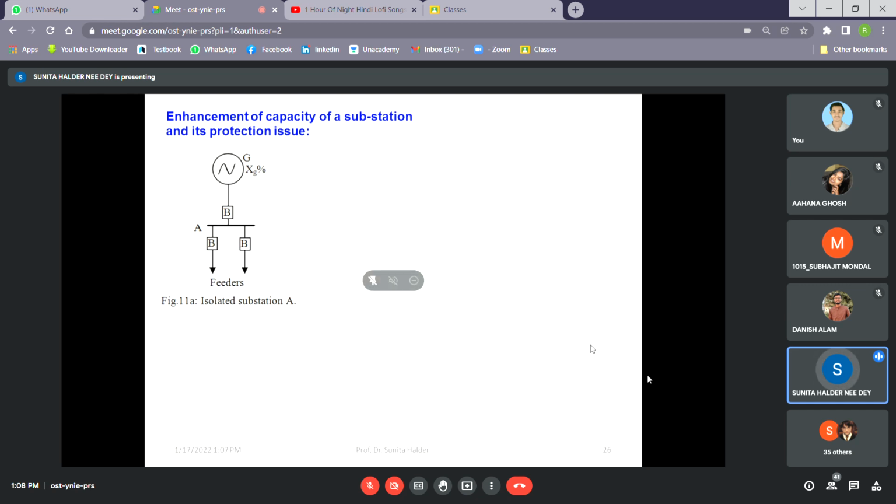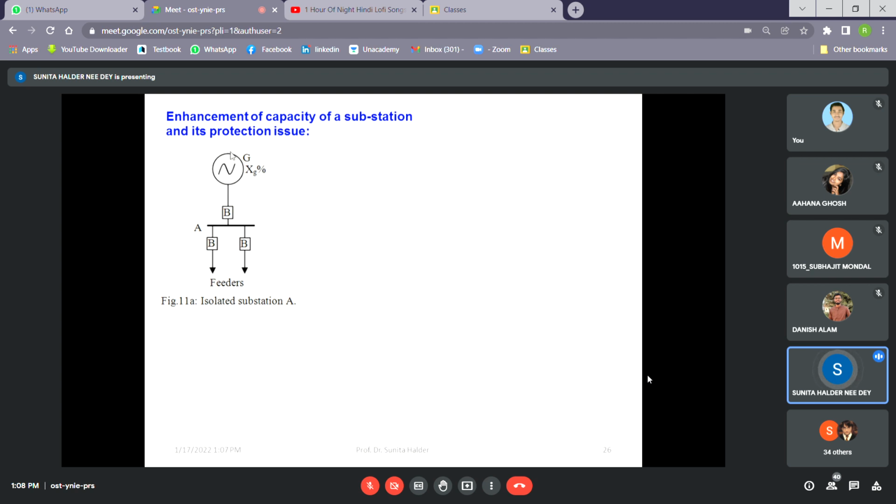Consumers. So the substation gets some incoming power. Maybe it has a generation, or it is connected to a grid. And from there, either transmission lines or service mains come out and supply the consumer. Here we assume that feeders are coming out from the substation. Feeders actually mean the transmission lines. Transmission lines and feeders are the same thing. When we discuss protection, we do not say transmission line but feeders.